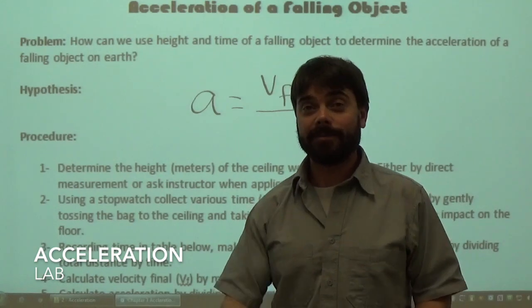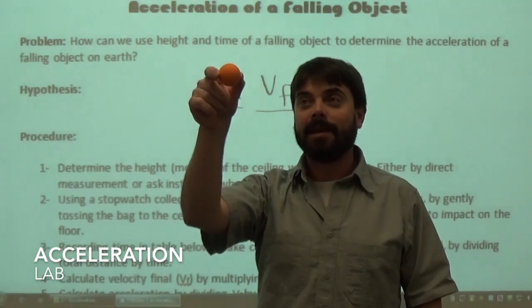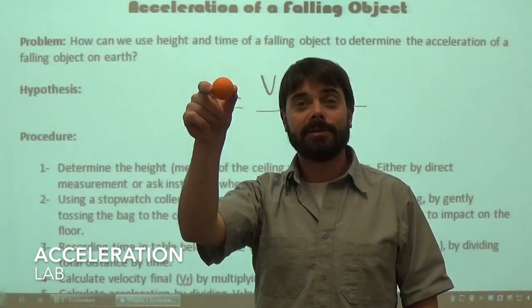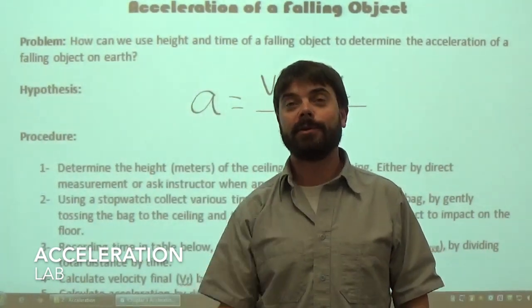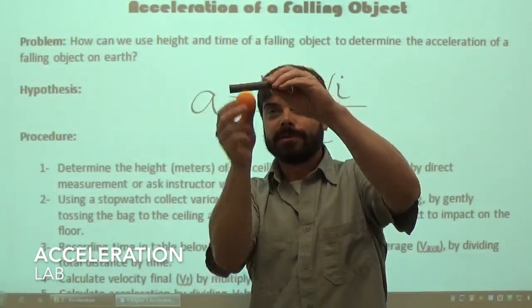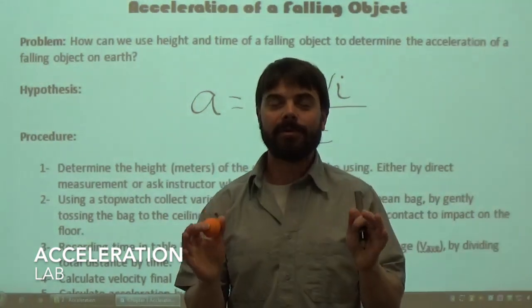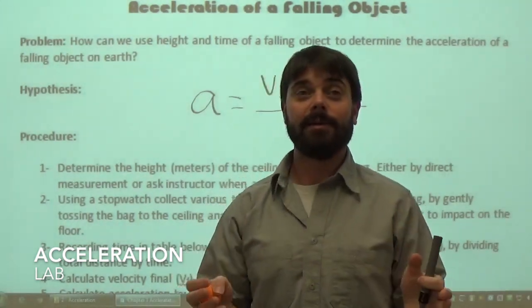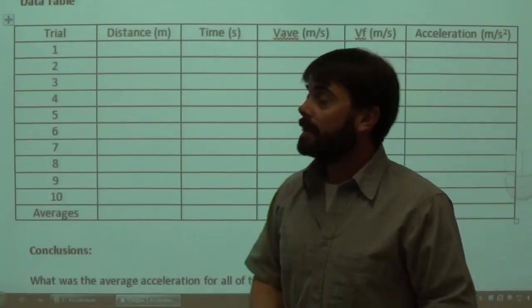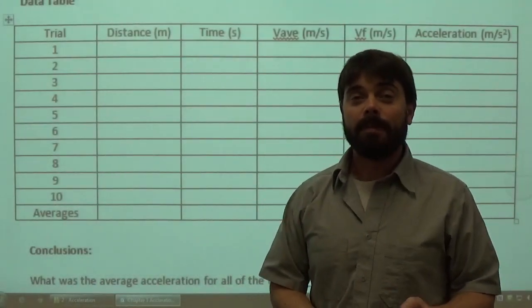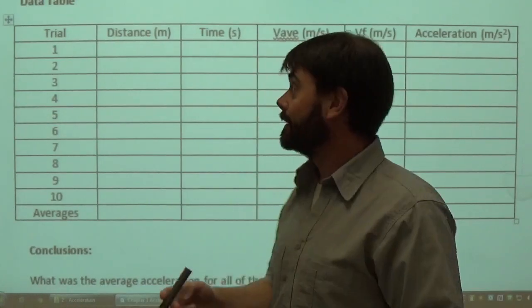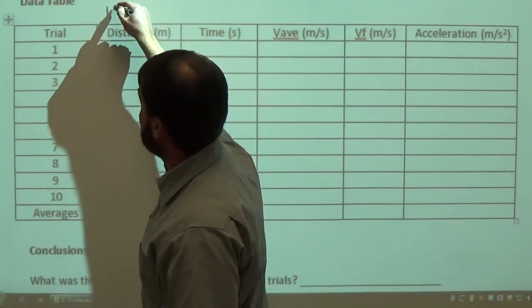Therefore, if you take an object and bring it to the ceiling, or have an initial velocity of 0, whether it's dropping it from 0 or throwing it to the ceiling where it is forced to come to a stop and then fall back down to the ground, you've now created a free fall scenario with an initial velocity of 0. In the first column of the data table, you guys are asked to find a distance. The distance is also known as the